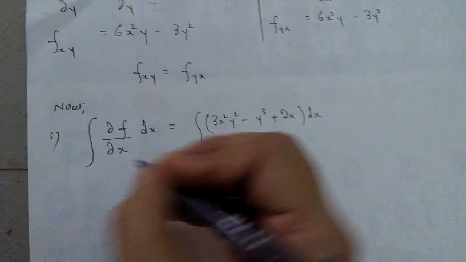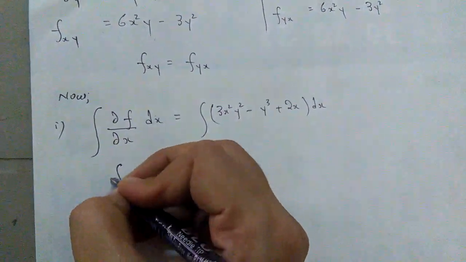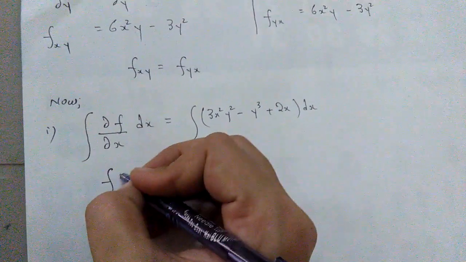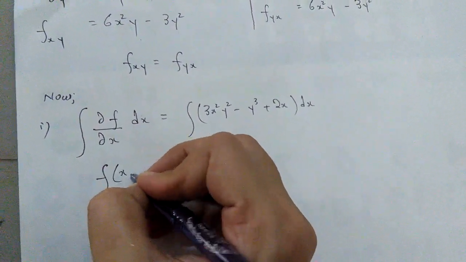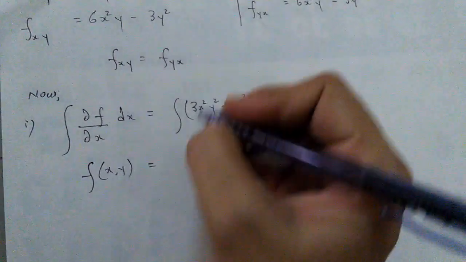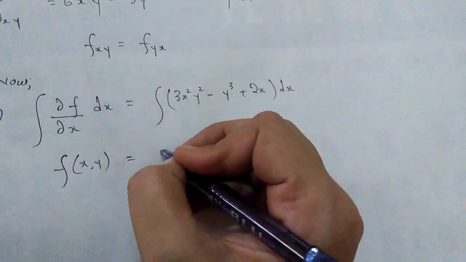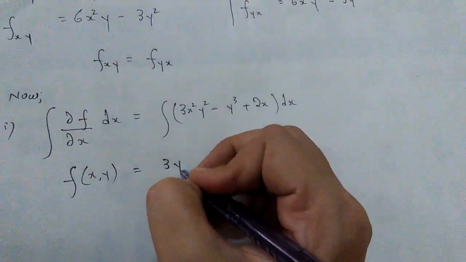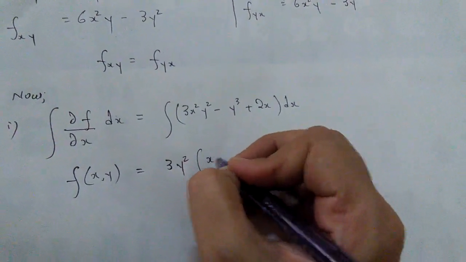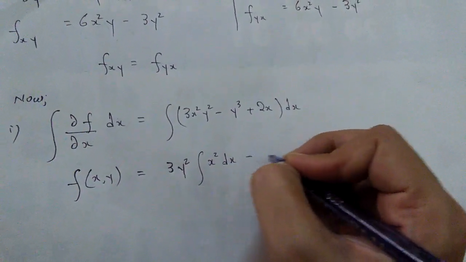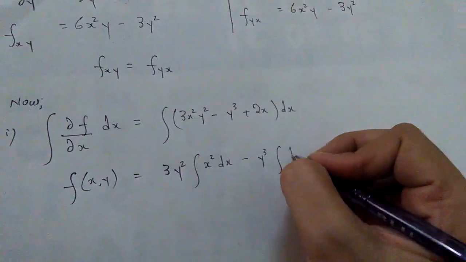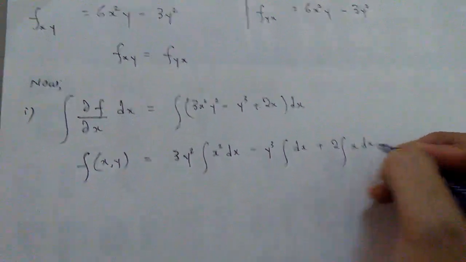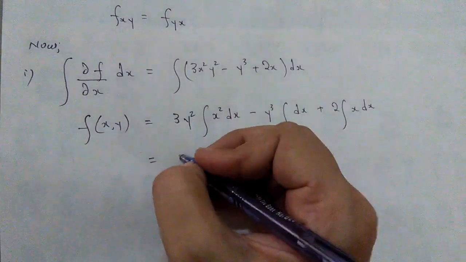Okay, so we're simply going to get f here. We can simply write f or f of x, y, whatever you want. As I am integrating with respect to x, this is going to behave as a constant, of course. That's it. So I'm having now